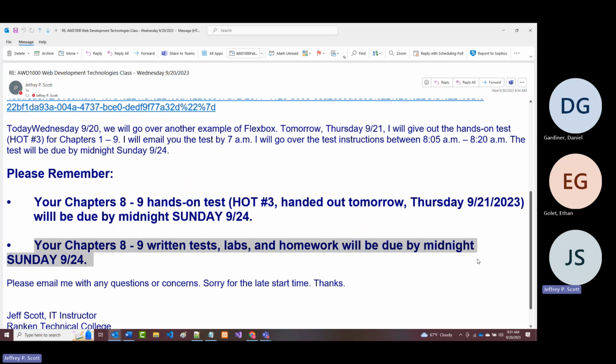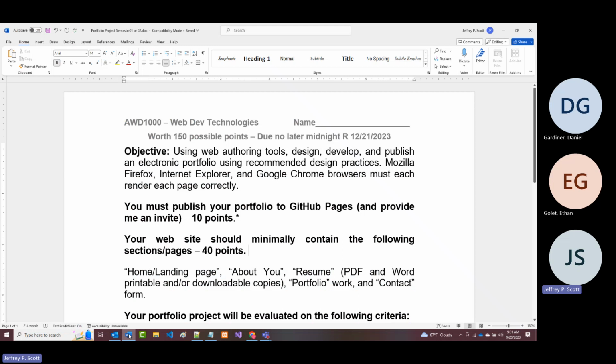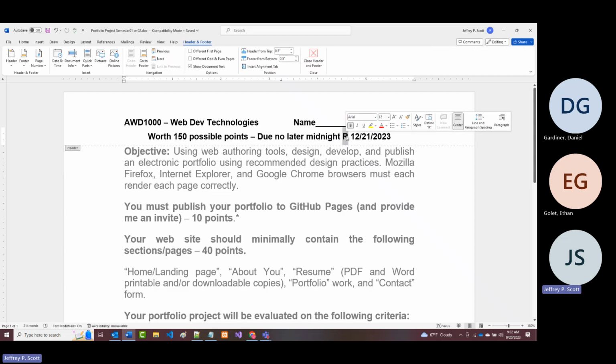All right, so let's get rid of this one. Now, I want to show you what I'm going to make, but before I do, and I will, it's right here, I want you to see this. Most of you in this class, this is your first class. Not everybody, but most of you. What you are required to do, and you're going to get a copy of this, by the end of the semester, and actually that date is going to be wrong. It's really going to be Wednesday, but